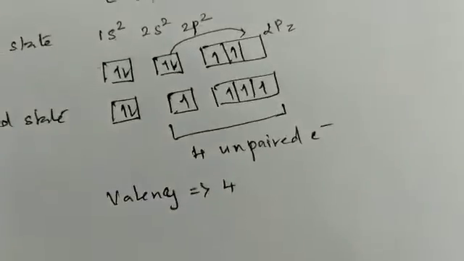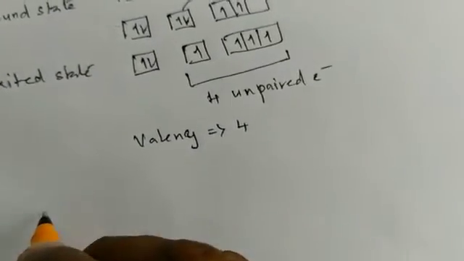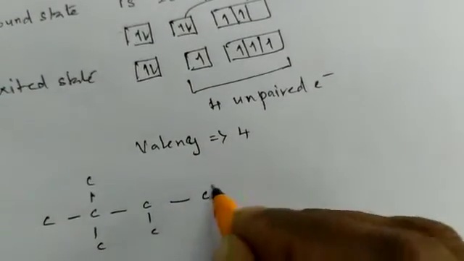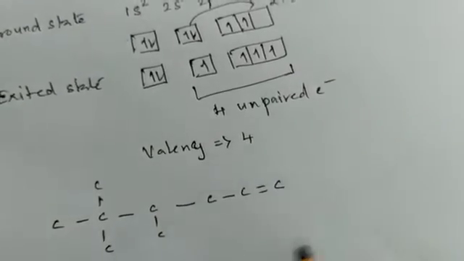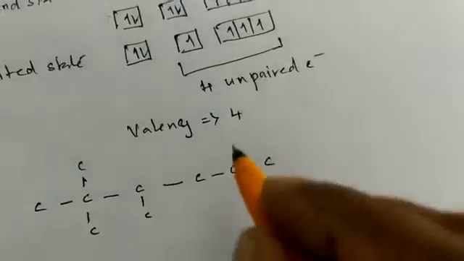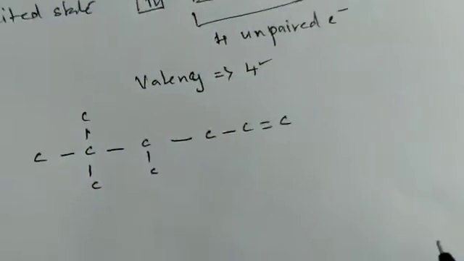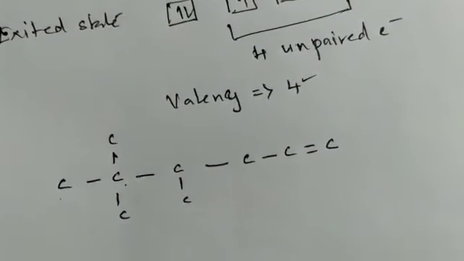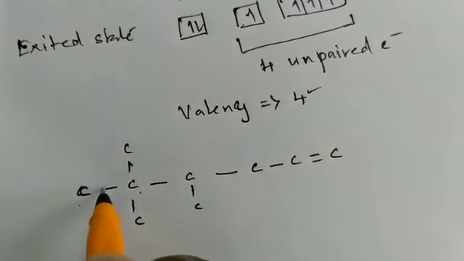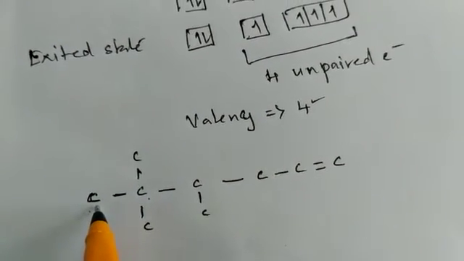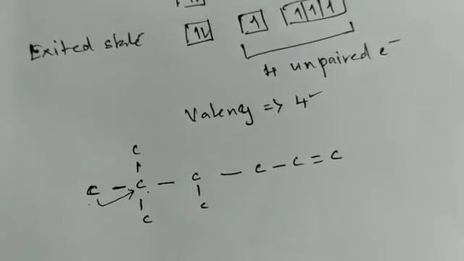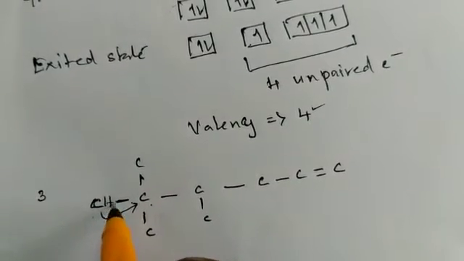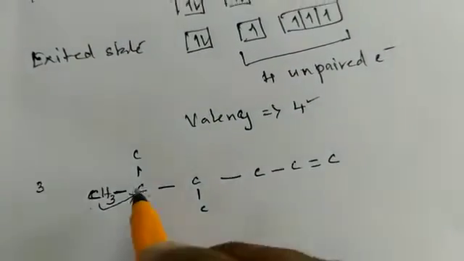Now, see the simple thing, how to balance a hydrocarbon chain. Let us consider a simple chain. We know very well the valency of carbon is 4. The valency of carbon is either satisfied by carbon atoms or by hydrogen atoms. That is called hydrocarbons. When we consider this carbon, how many valencies are satisfied? It is one valency is satisfied by this carbon. Remaining we have 3 valencies. For that we have to put 3 hydrogen atoms. So it becomes CH3.